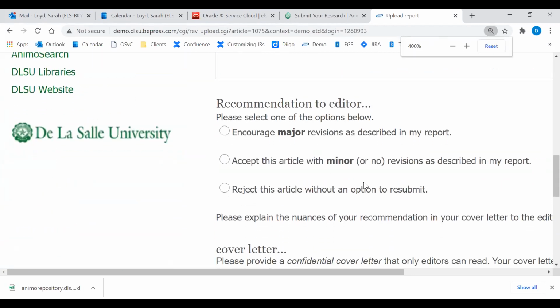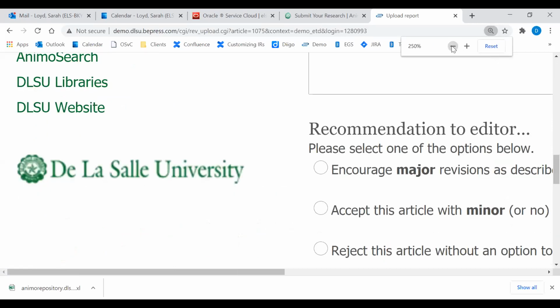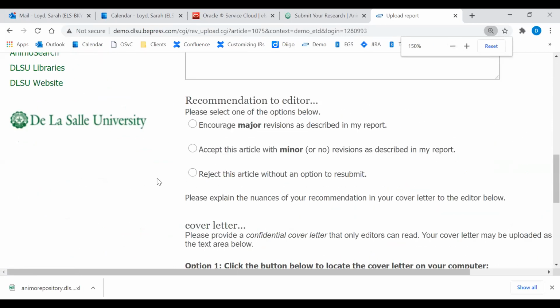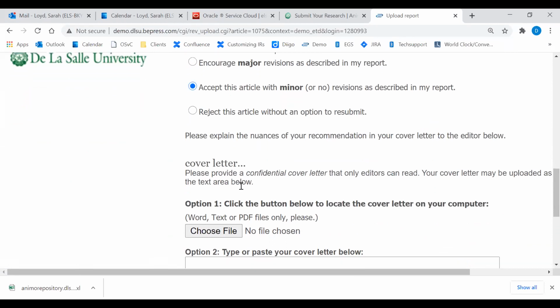Then you'll have these recommendations that Ms. Yanni mentioned earlier. This is just for the reviewers to give the other ETD coordinators a quick view of what they think. So you can recommend major revisions, you can accept the article with minor or no revisions, or you can reject this article. Clicking any of these options doesn't do anything. It just lets everyone know a quick view of your